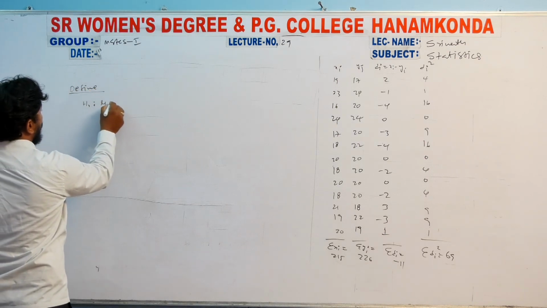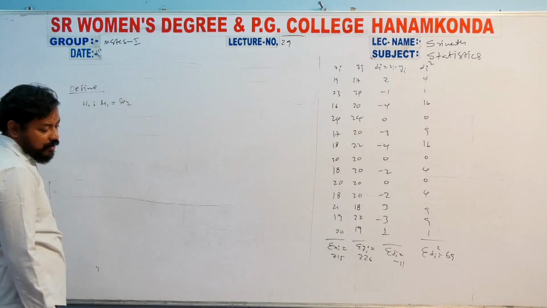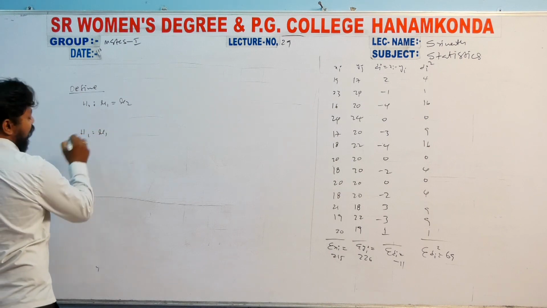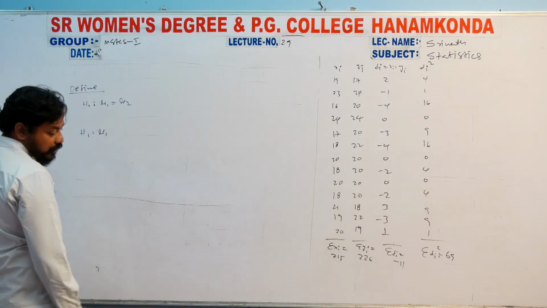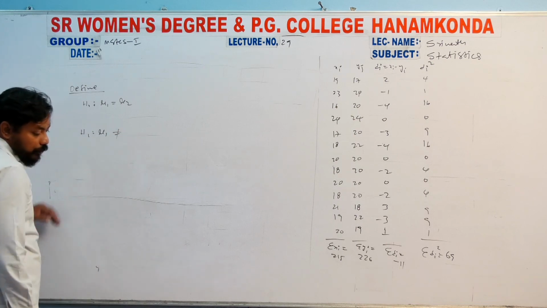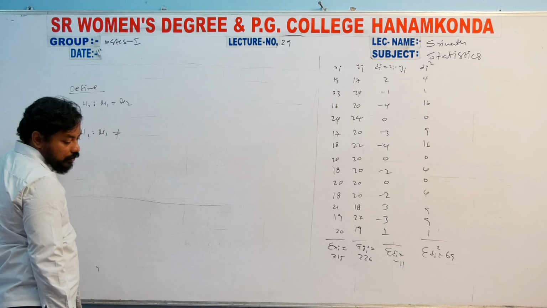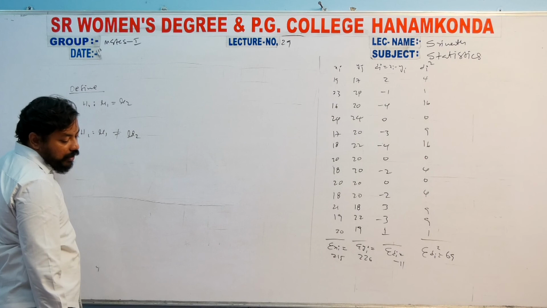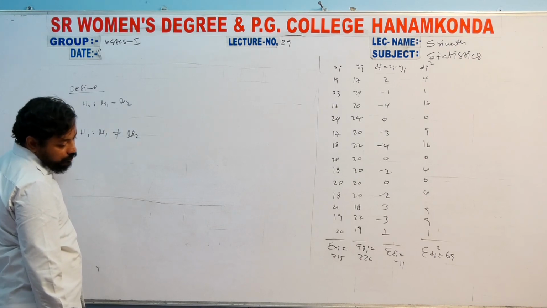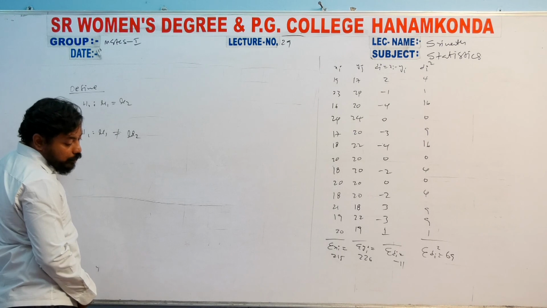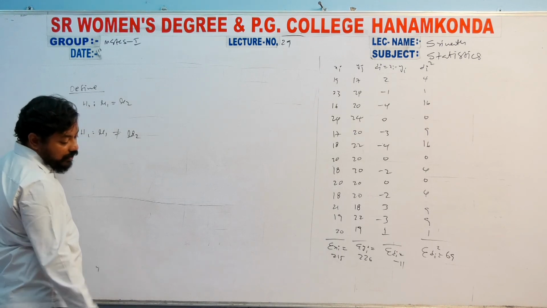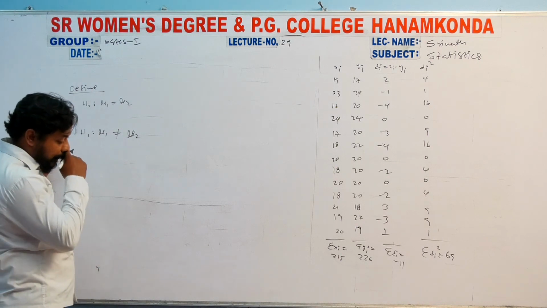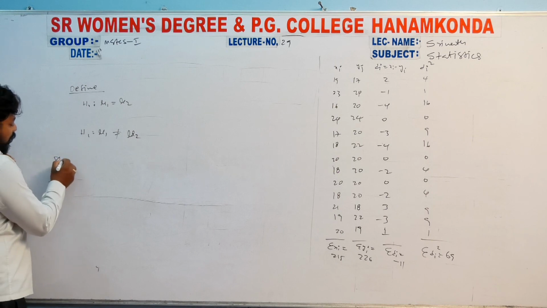H naught: mu1 is equal to mu2. That means coaching was not benefited. H1: mu1 is not equal to mu2. That means coaching was benefited to the student. First one, the coaching was not benefited, versus not equal, the coaching was benefited to the student. And step 3,